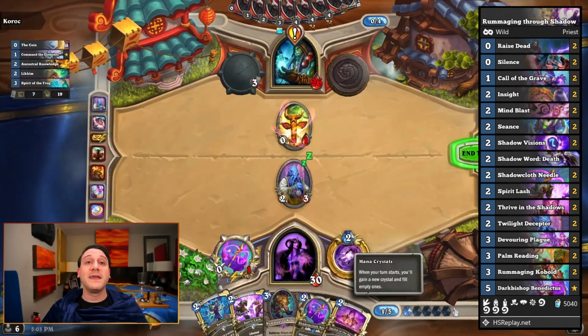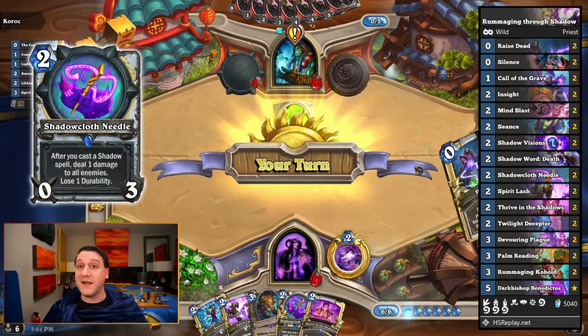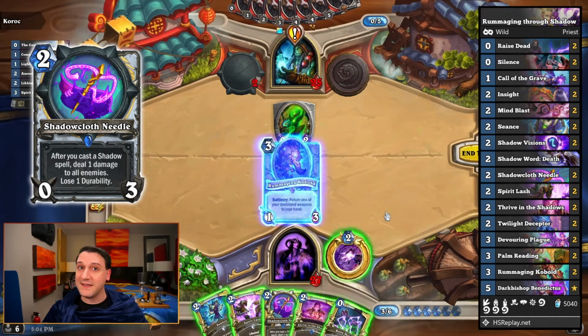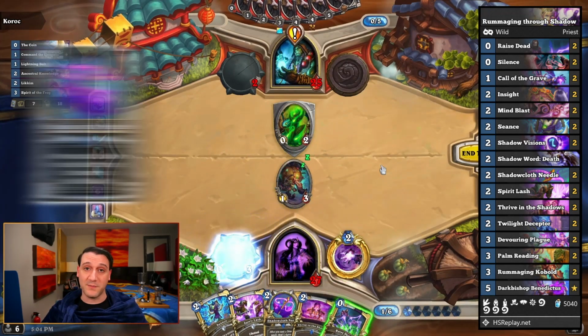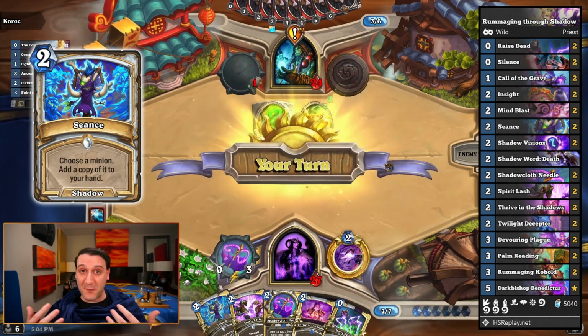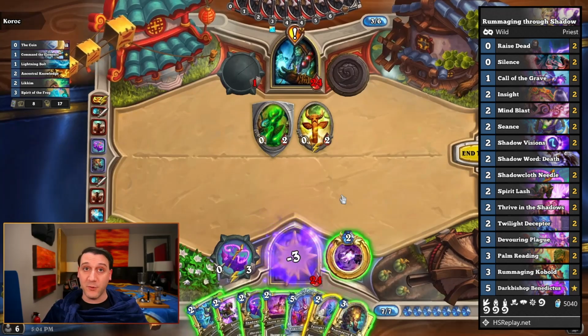The weapon we're playing is the Shadowcloth Needle, and as every single spell in the deck will trigger its effect, it shouldn't take long to break the first copy once it's been equipped. Seance can get us even more kobolds, and we don't actually have to use every charge from every weapon before